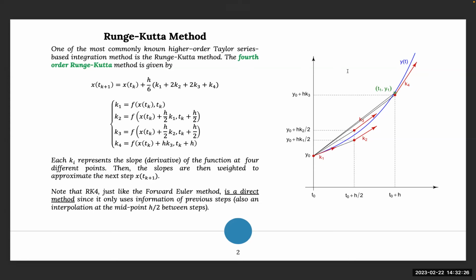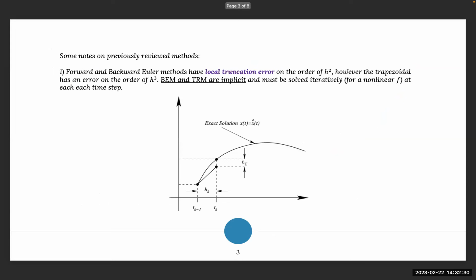This is the fourth order Runge-Kutta, so its error is going to be on the order of h cubed. So wherever the solution is a polynomial bigger than fourth order, it's going to have some error. That's what you get. And there are